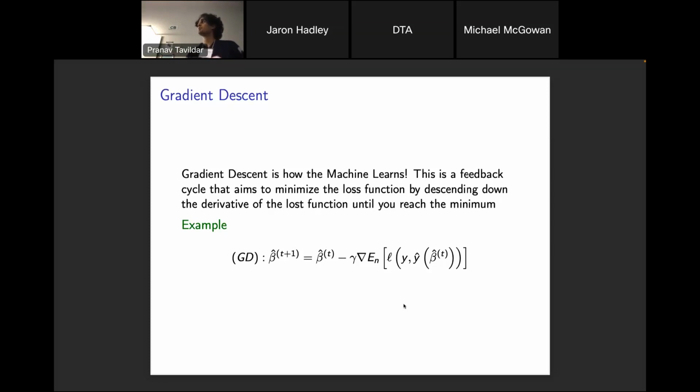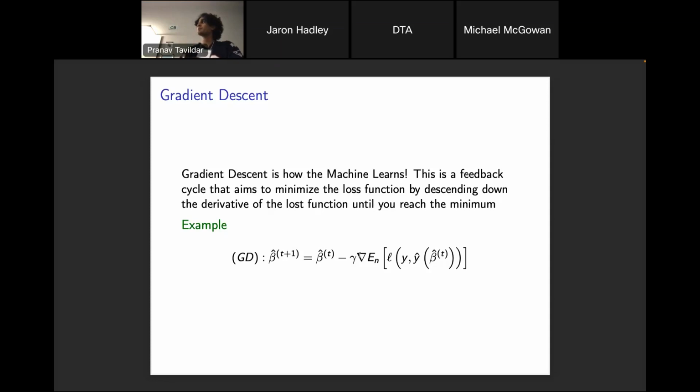So you have a feedback cycle. You have this beta hat t+1, which is going to be the new weight. You basically take the old weight and descend down. You find the derivative, or the gradient, of the loss function. I wrote lost function, but it's actually loss function, so keep that in mind. You want to find the minimum, because you want to find the point where we no longer have more loss.